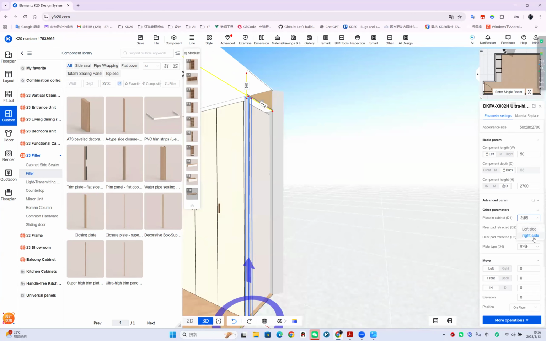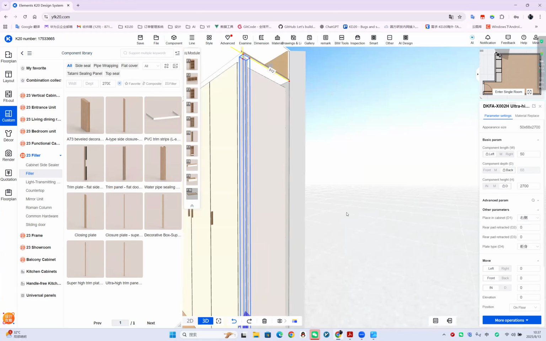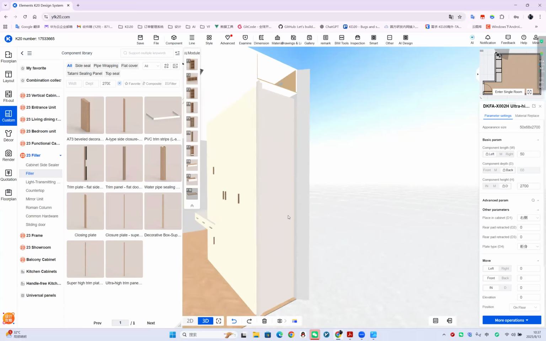It's placed in the cabinet right side. And we can see